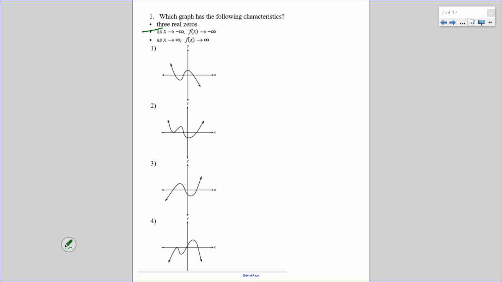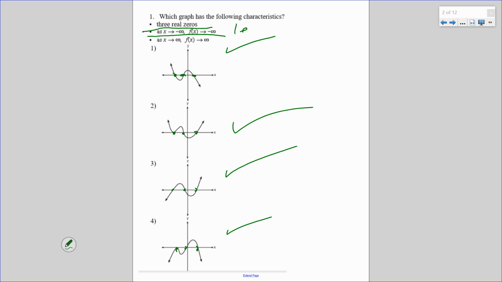Anyway, number one, which graph has the following characteristics? 3 real zeros. Well, this one's got 1, 2, 3. That checks out. This one's got 1, 2, 3. That checks out. Each of these also has 1, 2, 3, so they all check out. As x approaches negative infinity